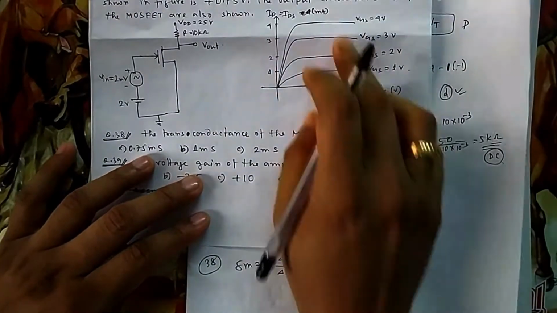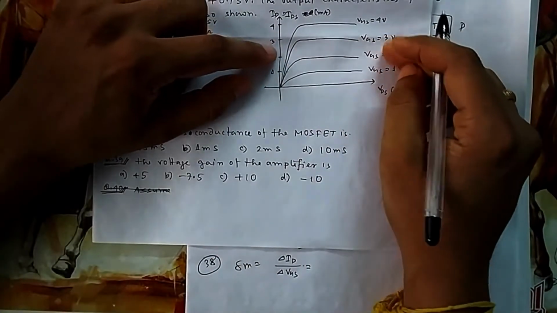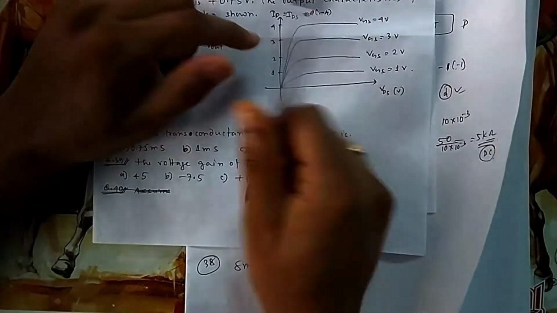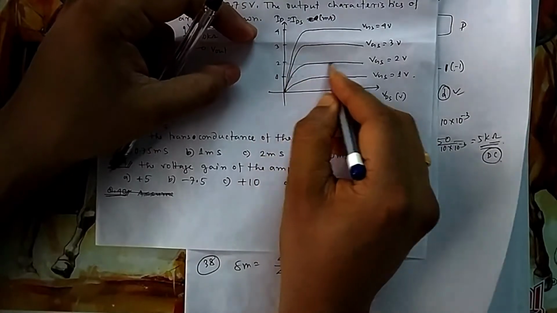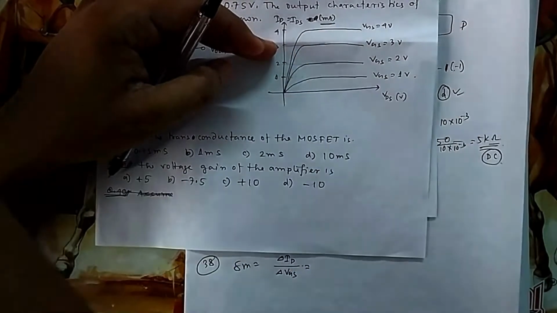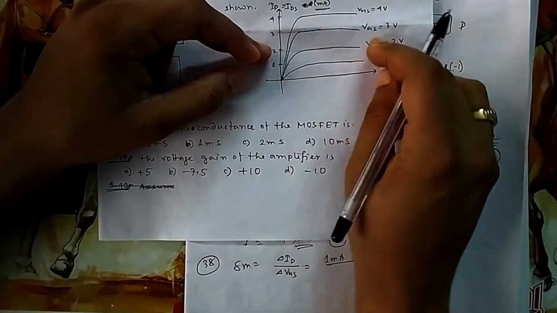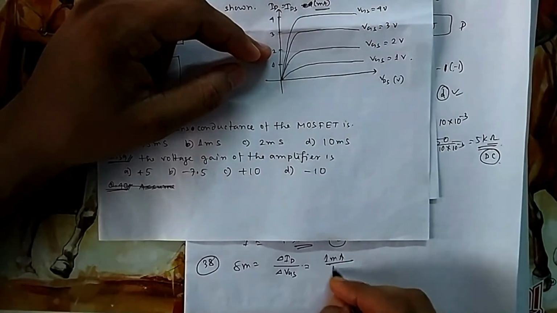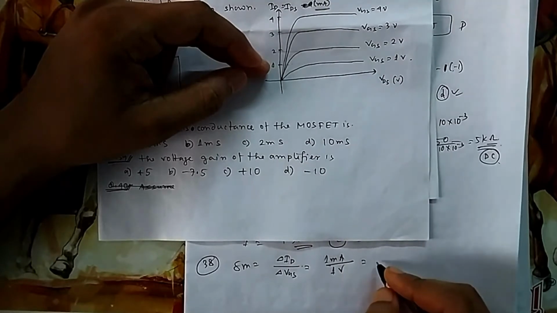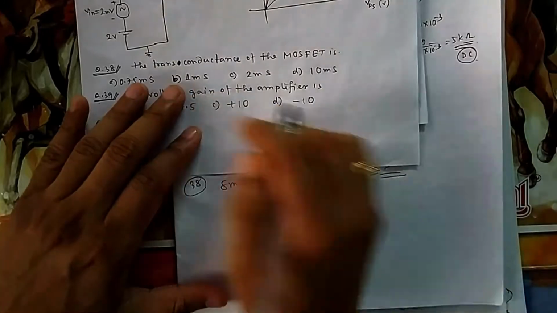Now you can see from any of this graph you can calculate what the change is. Suppose from here to here if I move, what is the change in VGS? 1 volt. And what is the change in the current? These are all the same level. This is 2, this is 3 level. So what is the change in ID? That is 1 milliampere. So the change in current is 1 milliampere. What is the change in voltage? Change in VGS is 3 minus 2, 1 volt. Any curve you take, everywhere it is the same. So how much is it? It is 1 millisiemens. That is your option B.